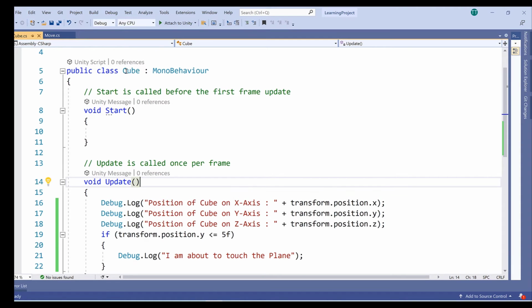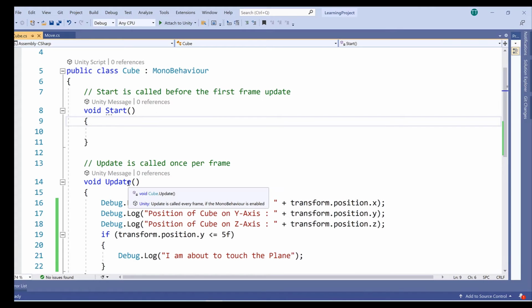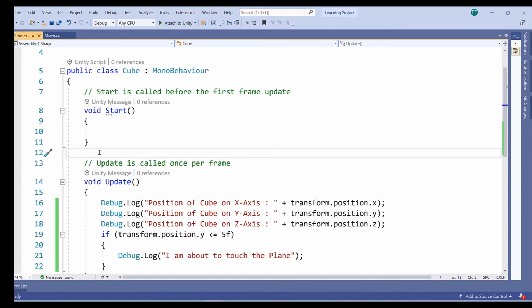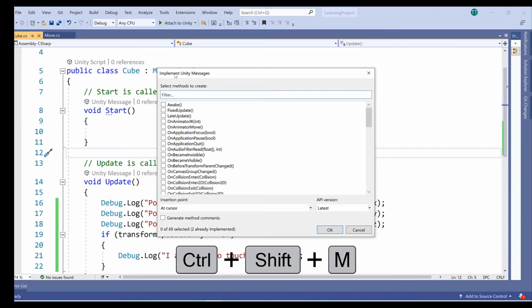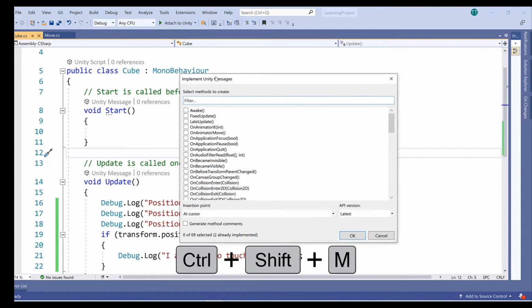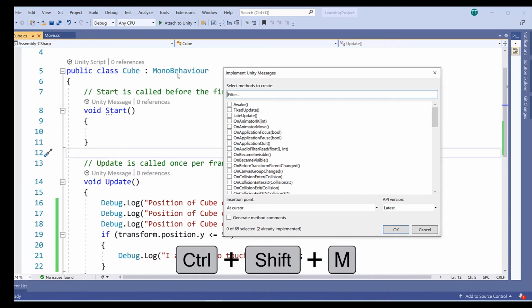Now, as we mentioned, there are different MonoBehaviour class functions. Only these two functions are right now shown whenever you create a C# script, which are Start and Update. There are many other functions also in the background which we can activate and show. If you press Ctrl Shift M, that's the shortcut key, this is going to show you the list of available functions which can be part of this MonoBehaviour